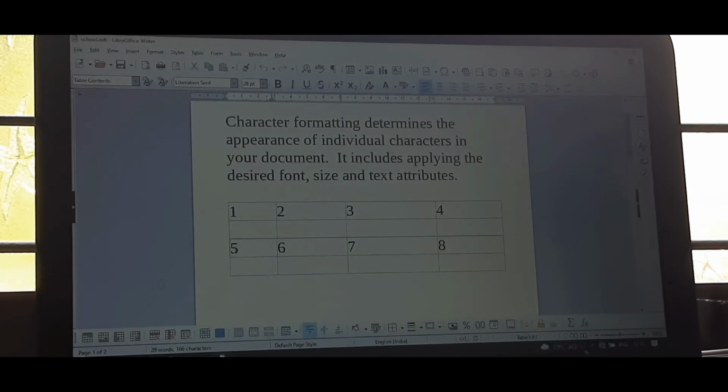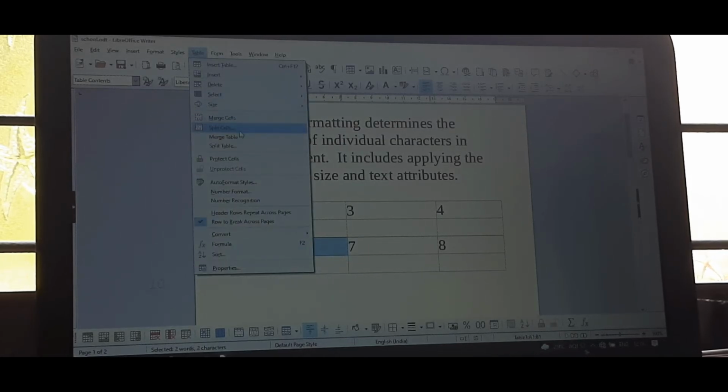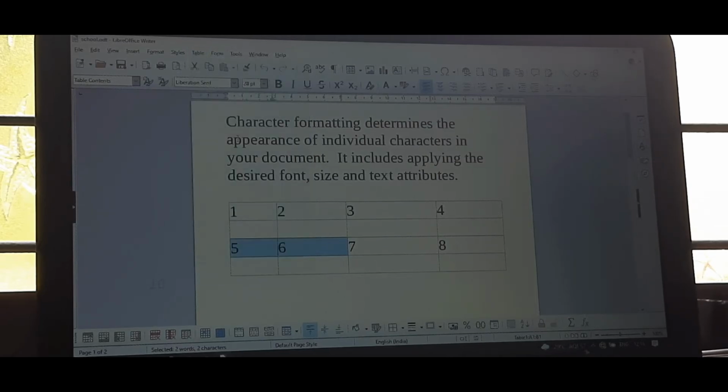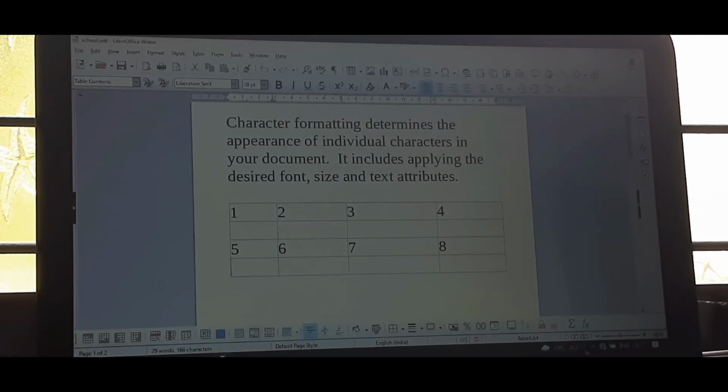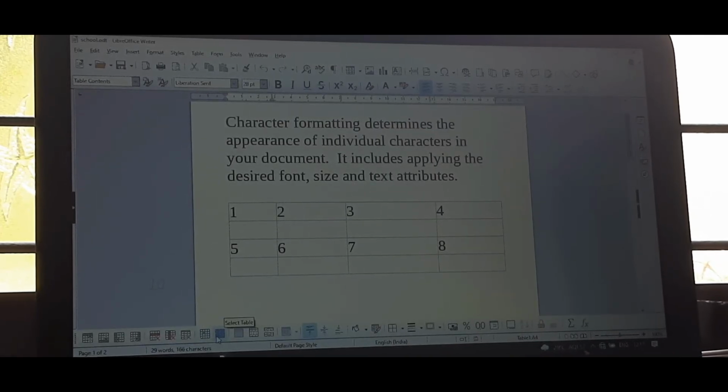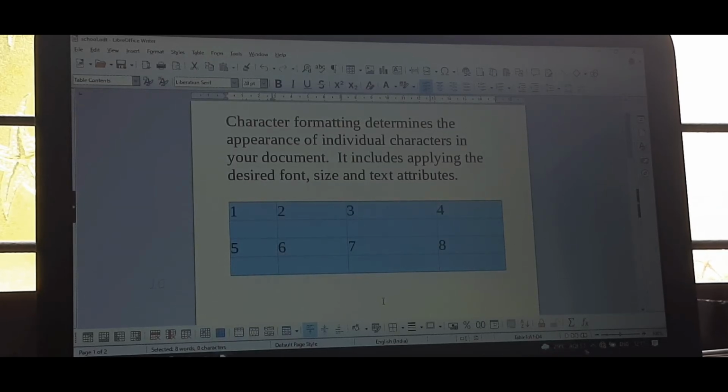Afterwards, we just click any 1 or 2 cells or all the cells, no problem. Then click on the table menu. See, the merge table option is activated, and click there. The table is merged. Just check it by selecting the table, using the select table option. See, it will be considered a single table.